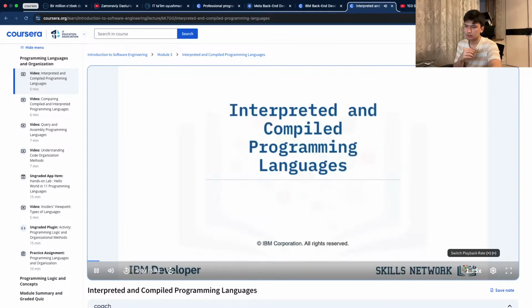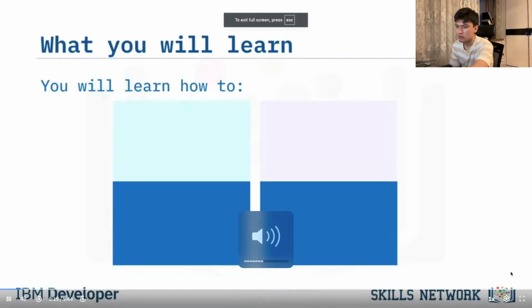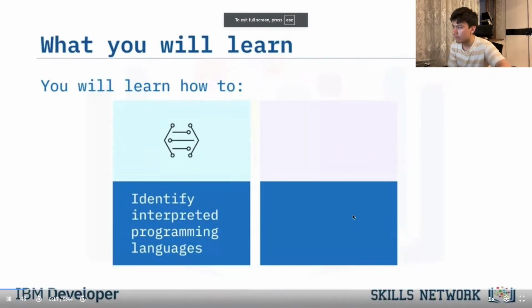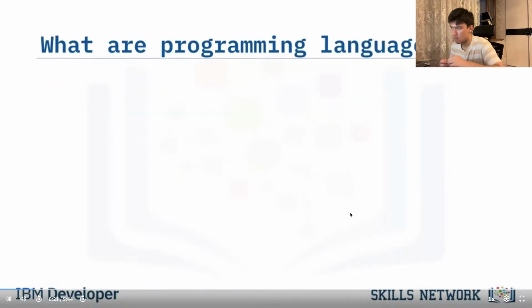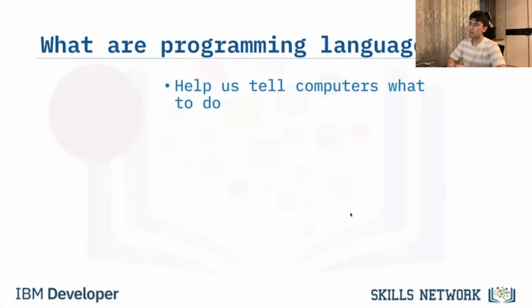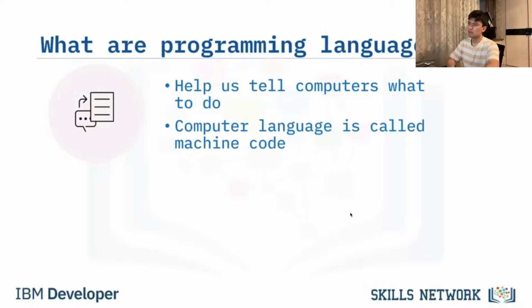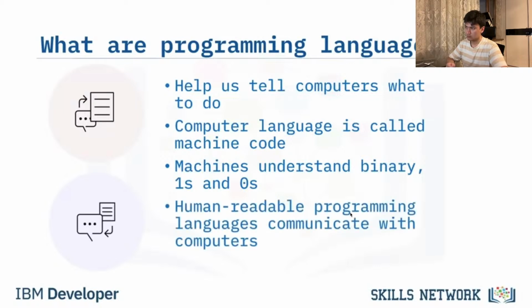Welcome to Interpreted and Compiled Programming Languages. After watching this video, you will be able to identify interpreted programming languages and identify compiled programming languages. What are programming languages? Programming languages help us tell computers what to do. Computers don't use human language, they use their own language called machine code. Machines understand binary code, that is, ones and zeros, so to make communicating with computers easier, we have human-readable programming